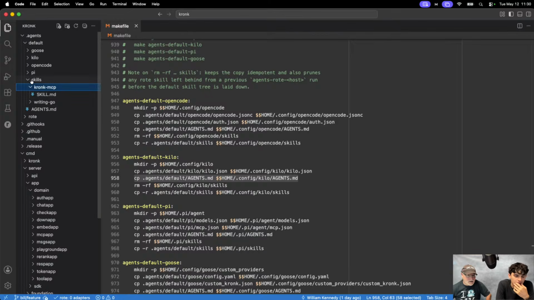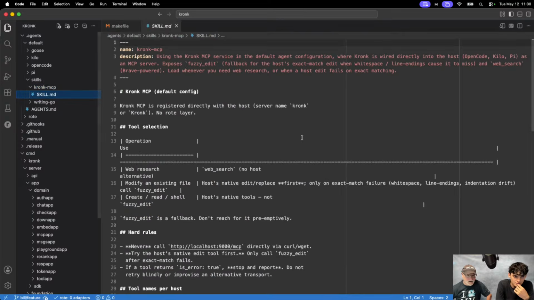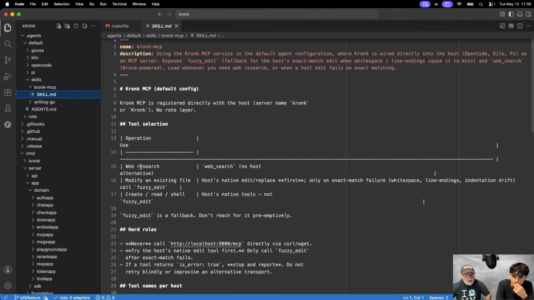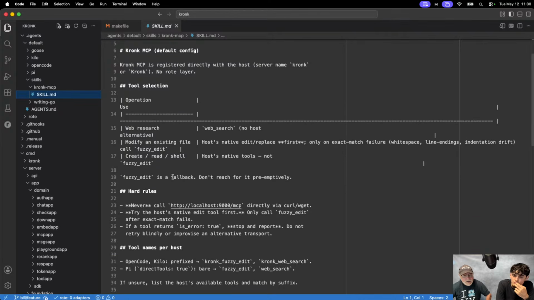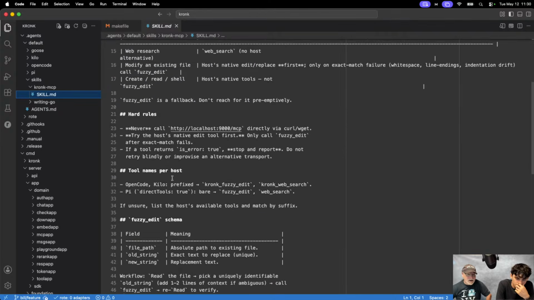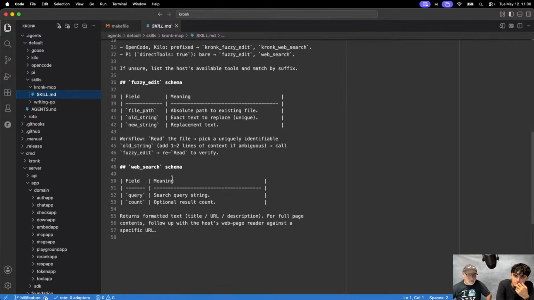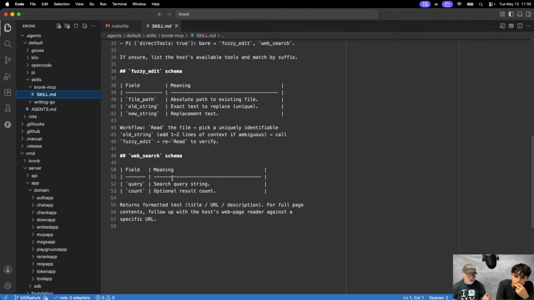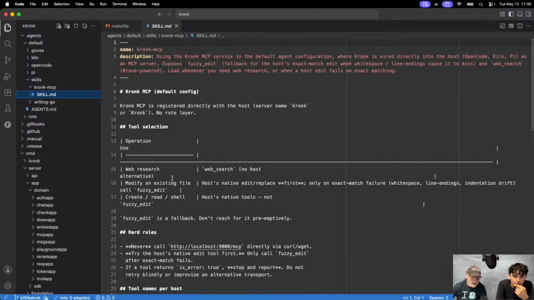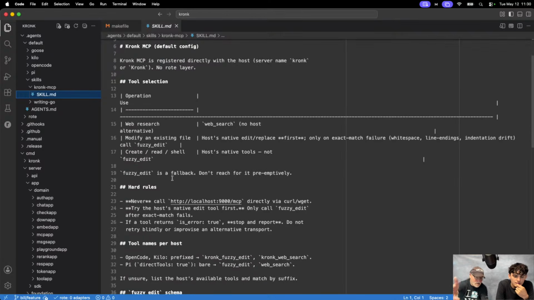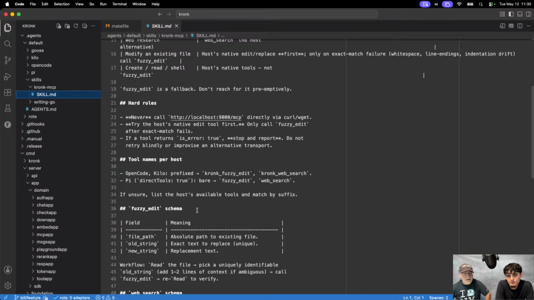So here's a skill. You have a folder with its name, and then you have a file. This tells you what the two MCP commands that we currently have today are, and hard rules around when to use it and how to use it. For the project you're working on, this already exists in Cronk. If you start up Cronk and point OpenClaw at it, it should be able to hit the MCP endpoint, see the list of tools, and know how to use it. You probably don't need this skill file per se, but if you wanted it, you can have it. It sets up rules.